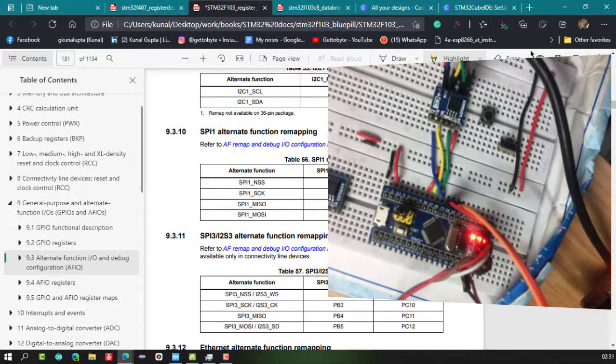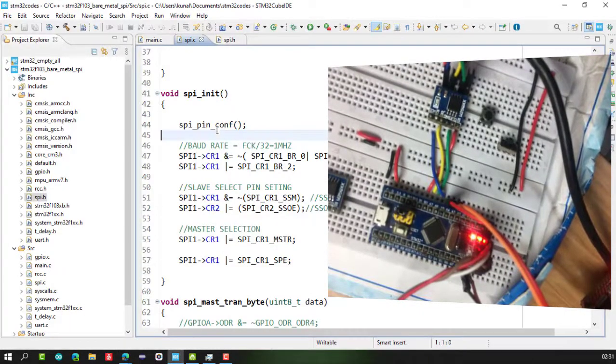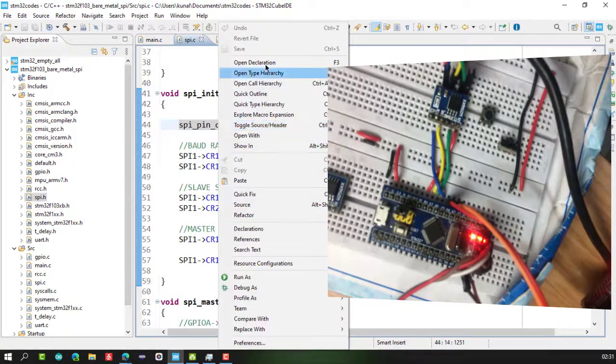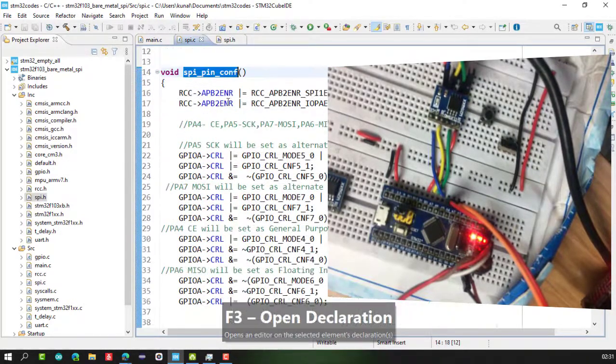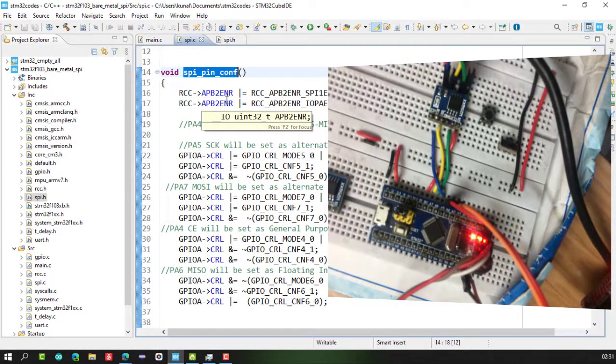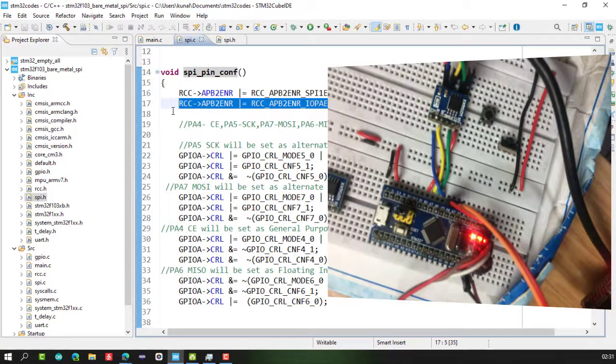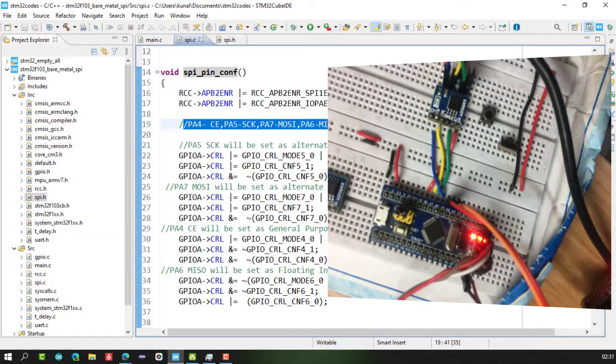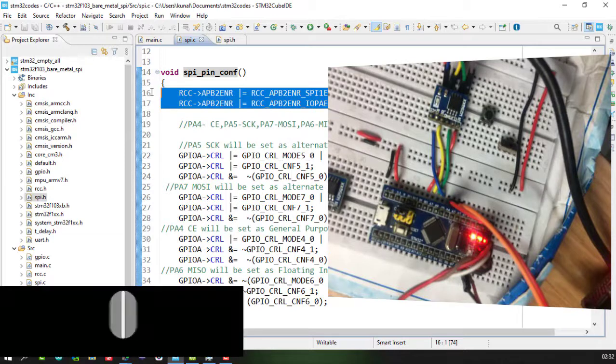For the configuration of our SPI pins, we will first enable the RCC clock for the SPI and for GPIOA, because these pins are of the GPIOA port, so we enable the clock for both of these units.